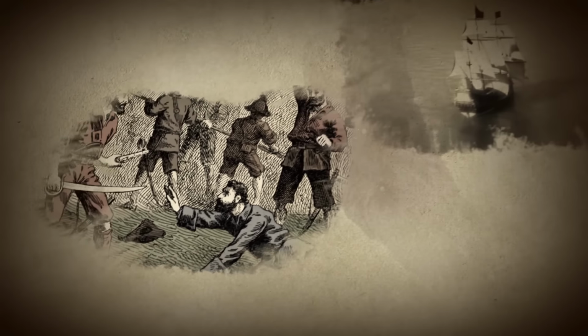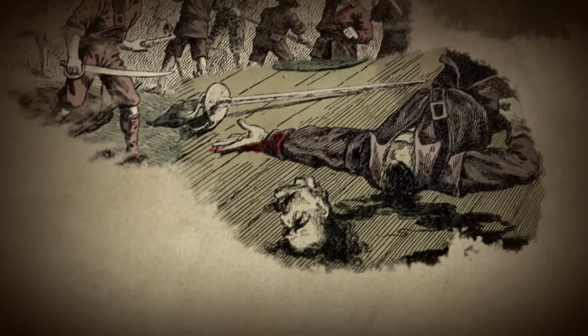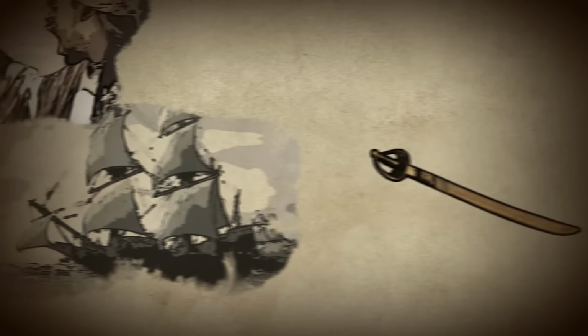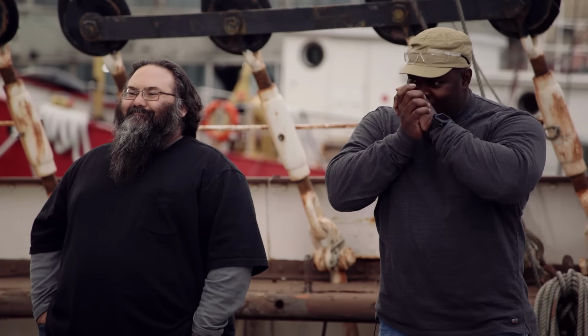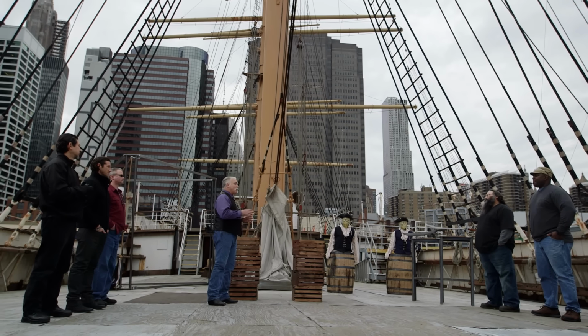The last use of a Cutlass in a boarding action by the British Royal Navy was recorded as late as 1941. Its effectiveness in battle also made the Cutlass favored amongst pirates, as portrayed in the film franchise, Pirates of the Caribbean. Gentlemen, the Cutlass was a weapon that was specifically designed for naval combat, but was just as